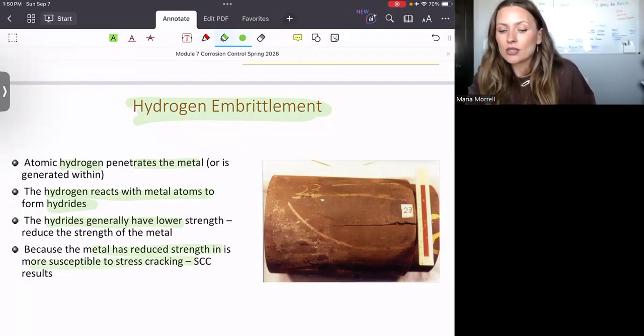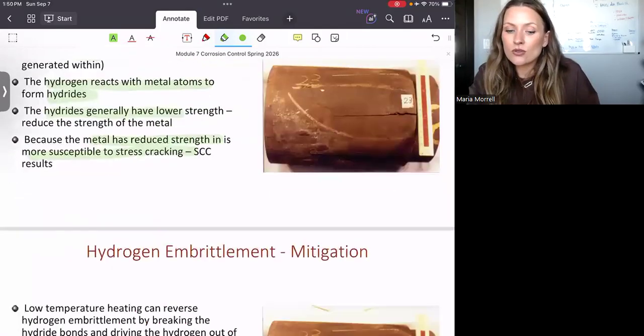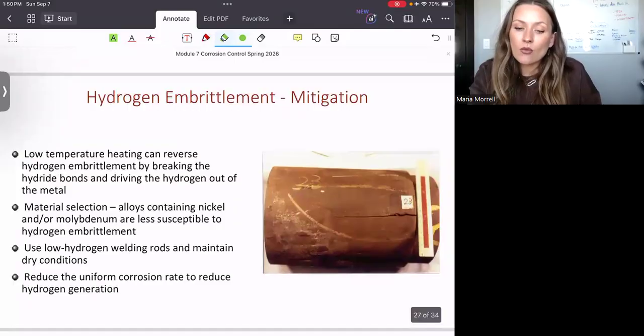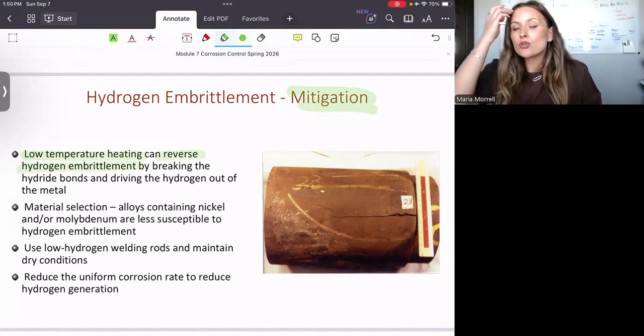And I'm showing you an example here. You're looking at this crack. The reason the crack has been formed is due to the hydrogen embrittlement. So how would I mitigate the hydrogen, right? Well, first is that heating at low temperatures can reverse hydrogen embrittlement. So what you do is that